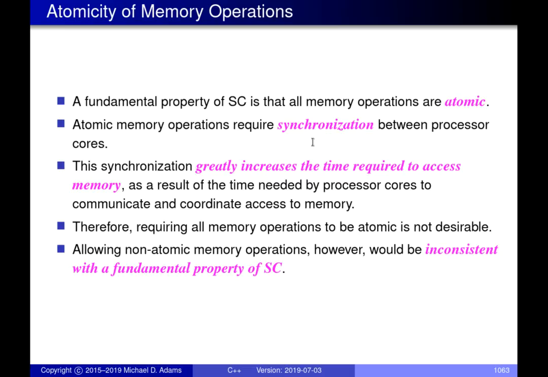But all of this takes time because the synchronization doesn't happen by magic. The processors actually have to communicate with one another and signal their intent to do an atomic memory access. Because of this, we really don't like atomic memory accesses, because each one requires all this interaction or synchronization between the processors. So really what we'd like is nothing being atomic. So there's also this downside to sequential consistency: we don't like the atomicity that goes along with it because it adds additional overhead.